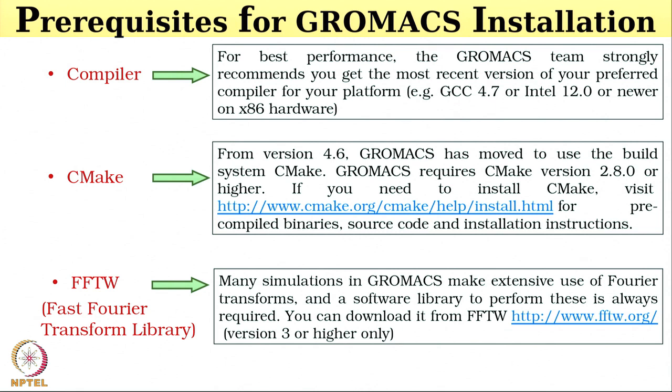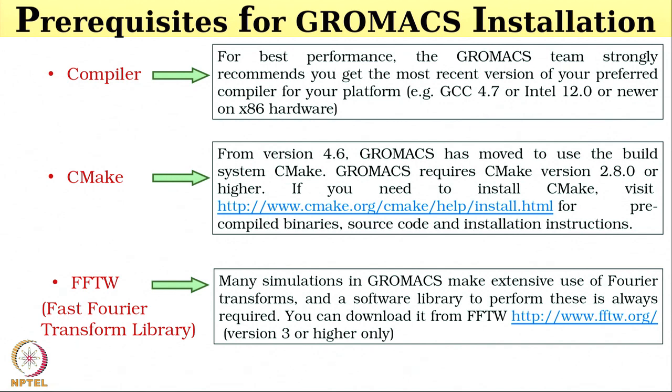One also needs CMake for successful installation of GROMACS, and CMake should be version 3.1 or higher. It is also available free of cost, and one can download it from the site www.cmake.org. Similarly, one has to download the fast Fourier transform library, that is FFTW, for GROMACS installation. This is also available free of cost on the fftw.org website, and version 3 or higher is preferred. FFTW is used for calculation of Coulomb potential. Exactly. So now I have already downloaded GROMACS, CMake and FFTW in my machine, and now I will